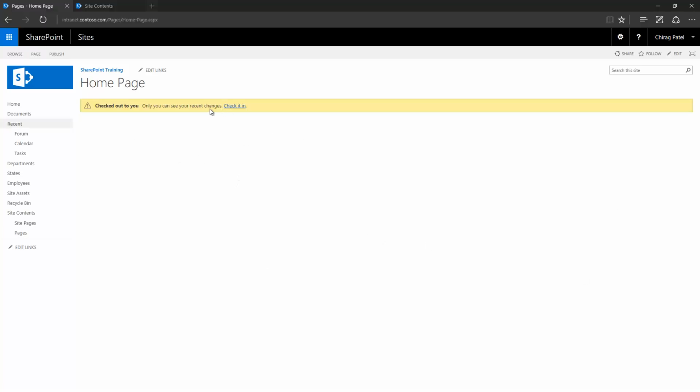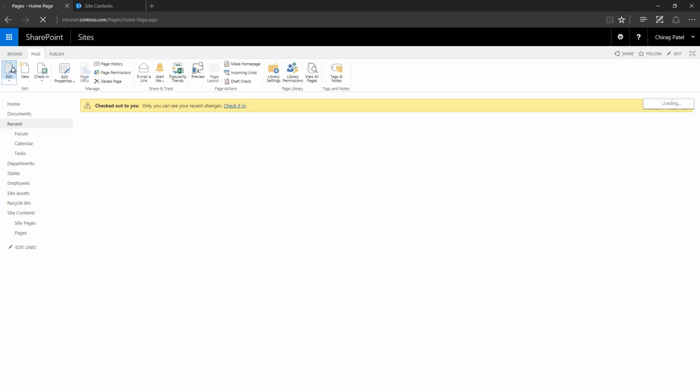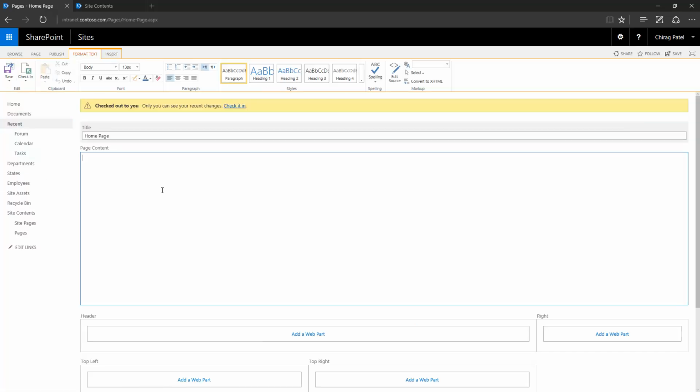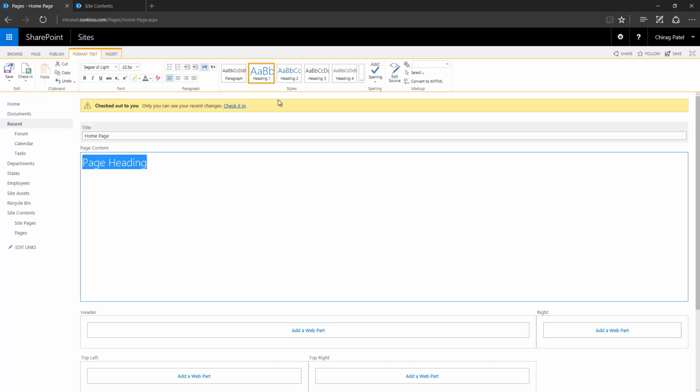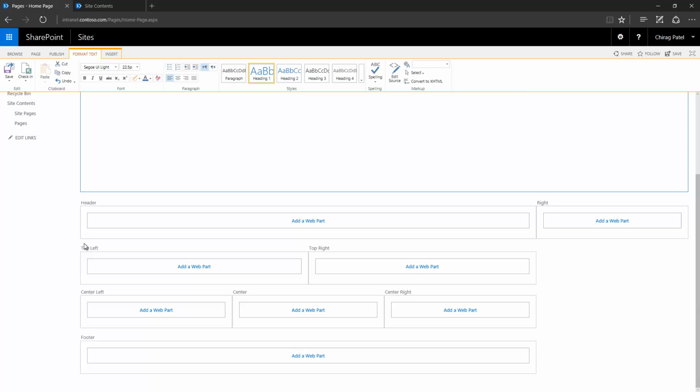So now I have this checked out by me, and I can say I want to edit this page, and now I have a page content section where I can just edit the content like this. Say page heading, similar to Wiki Page,